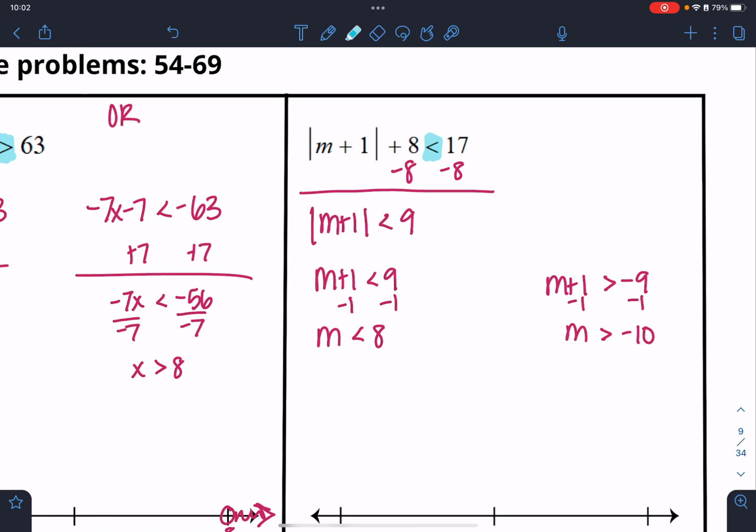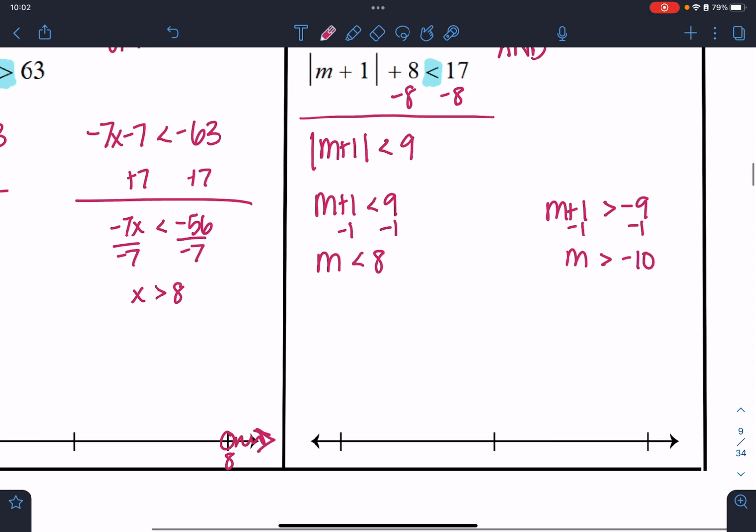And because I have that less than symbol, it is an and inequality. So I'm going to say negative 10, then 8. Again, both of those are open circle. If you had like the little bar underneath, then you would have closed circle. And we're shading everything in between. So smaller number, then the larger number, shade in the middle because it's that and. Okay, so that's about as difficult as it's going to get. Hopefully all the review we did last week will